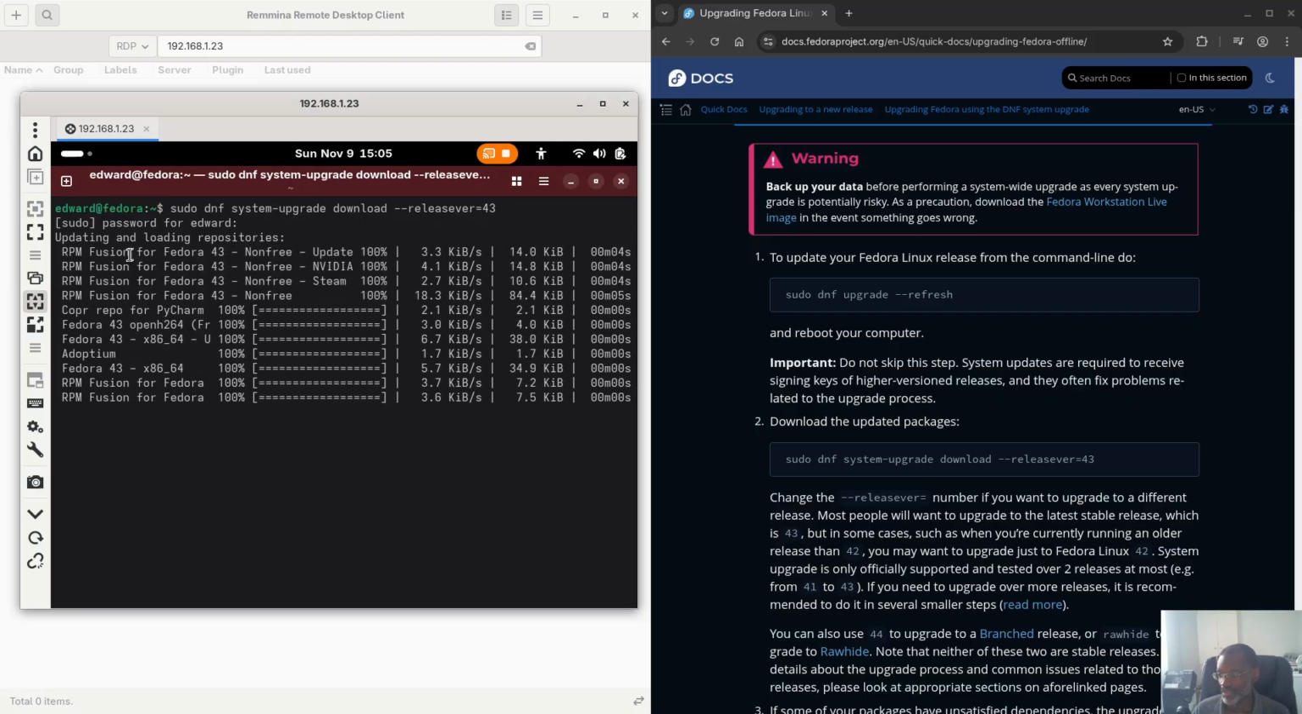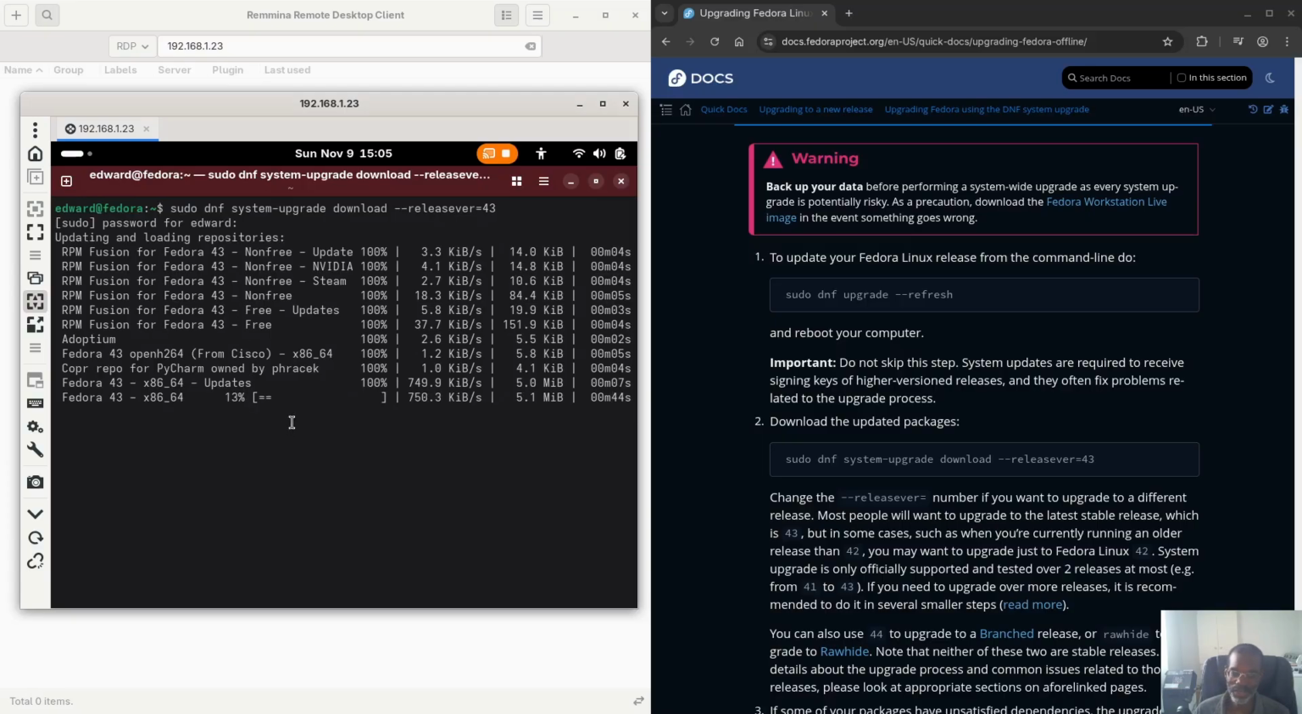So you see what happened? You see what happens here? It's still going to perform the updates. Like I said, whether you like it or not, it's still going to perform the updates. So even though you skipped number 1 here, it's still going to do it. It's still going to grab all the updates and then ask you to reboot